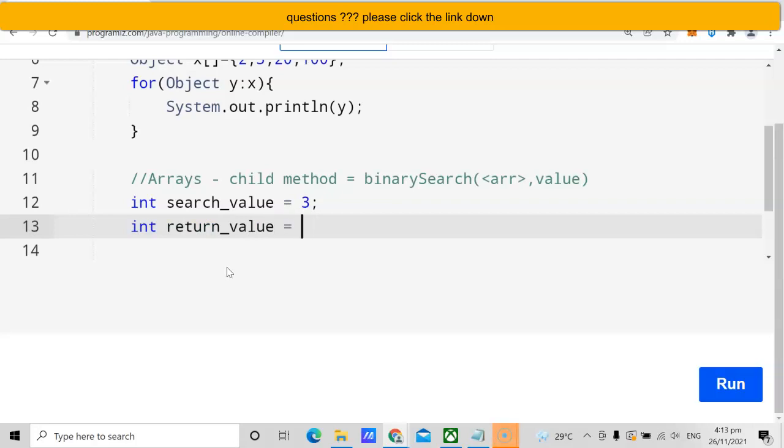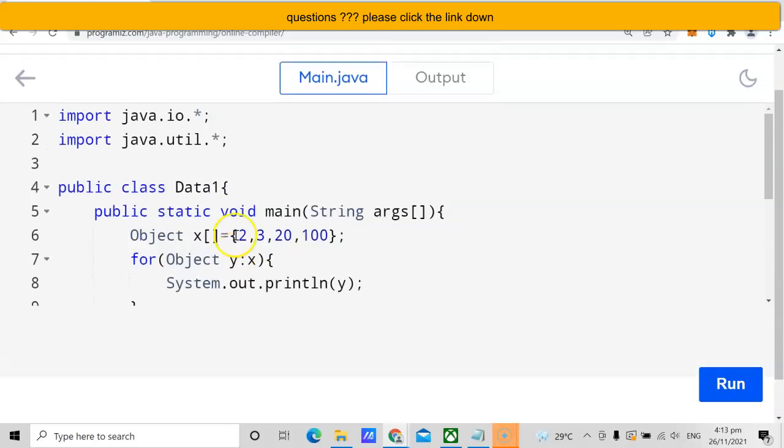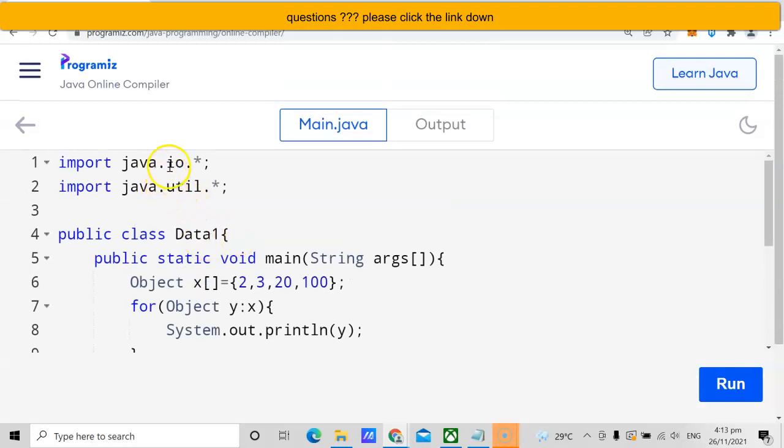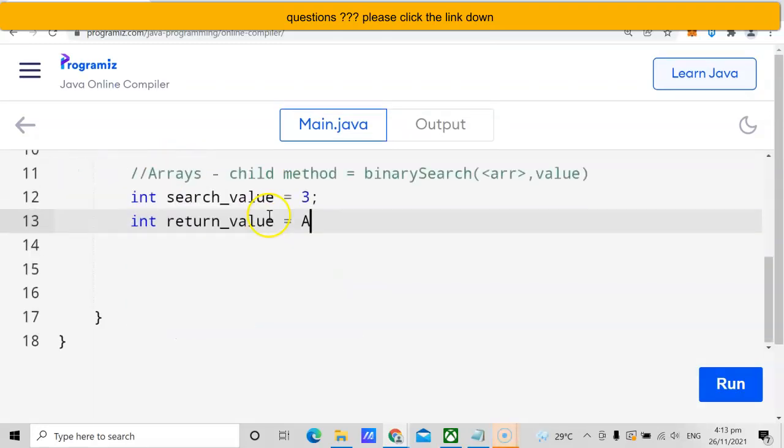Okay, so we have to return a value. Let us call this binary search using the Arrays class. That is the class, where we get that using the IO, and part of it is the util. So Arrays, don't forget the spelling, Arrays, and then use the binarySearch. We are using the camel case type here. Okay, so let us use the array value, that is the search